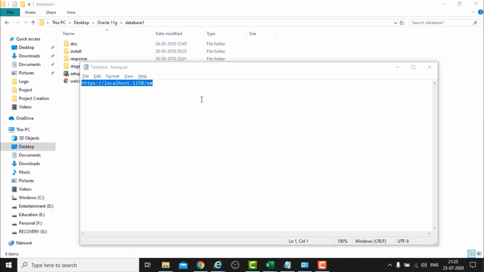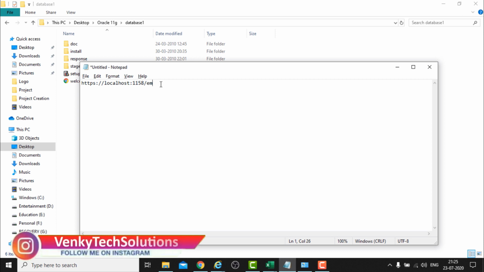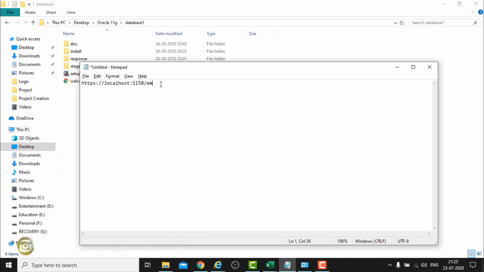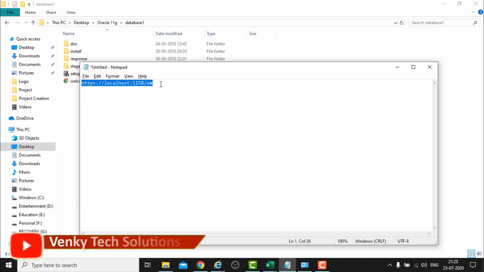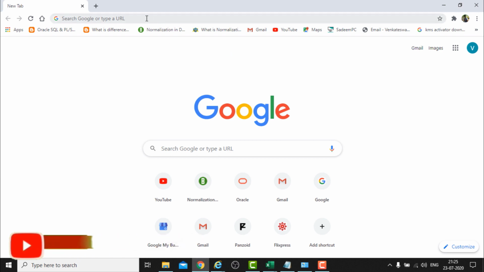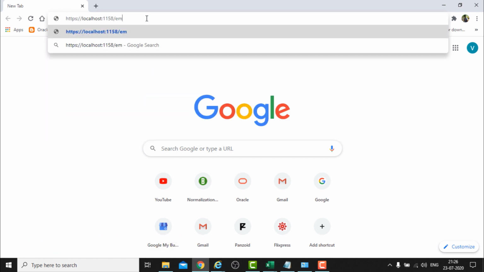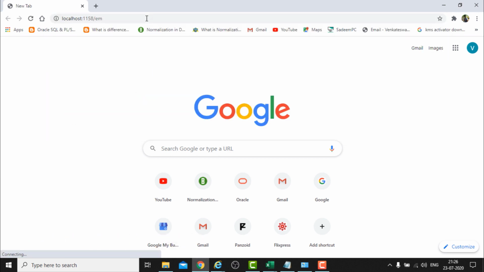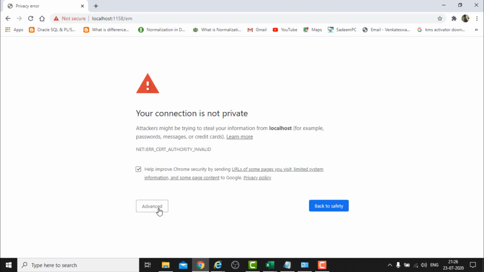Just close it. As I said, we can see the database details in Enterprise Manager as well, whether our database is up and running or not. Just copy this URL, open the browser, enter this URL and press enter. Then it will redirect to the page here.